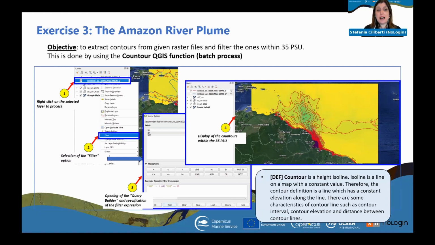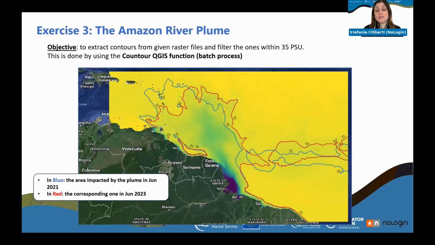And this is done by implementing very few steps, related to the selection of the layer to process, and the filtering of the specific contour lines that have been extracted through the contour function provided by QGIS. And in this case, as shown in the last map, you see basically the region characterized by salinity that is below 35 PSU. And from the visual point of view, it's quite effective,